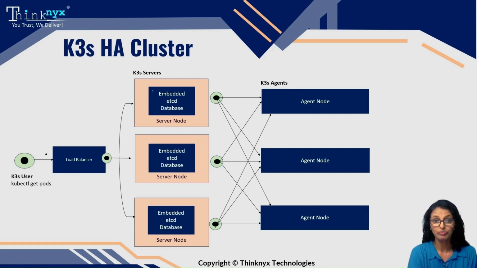Agent nodes in an HA setup execute workloads and distribute them across the available nodes, enhancing performance and scalability. Load balancing capabilities ensure that resources are optimally utilized and workloads are evenly distributed across the cluster. The high availability setup is recommended for production environments where high availability, fault tolerance, and scalability are crucial. It provides a resilient and robust platform for running critical applications and handling demanding workloads while ensuring continuous operations and